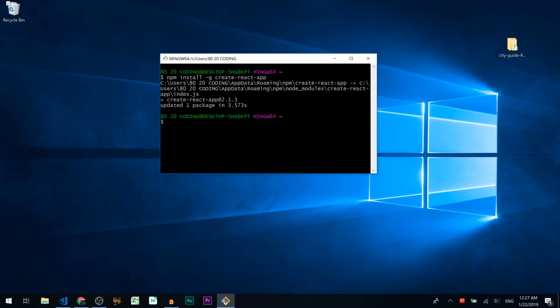In my case it will be the desktop. In the terminal window type cd and the directory which you want to go to, I type desktop. And simply type create-react-app, and name your project folder whatever you like. In my case I name it city-guide-tutorial, and hit enter. The installation process takes some time, so we need to wait a little bit.